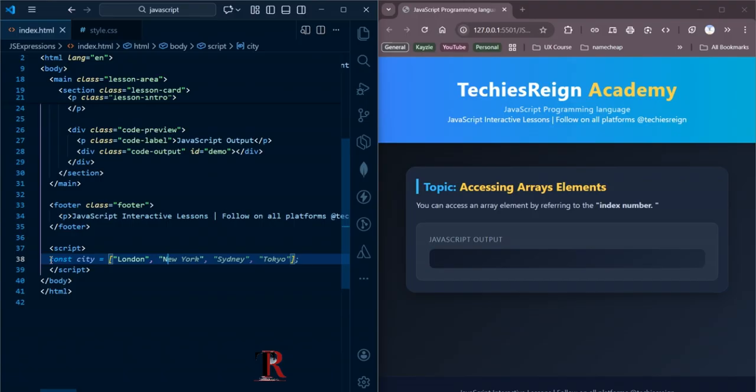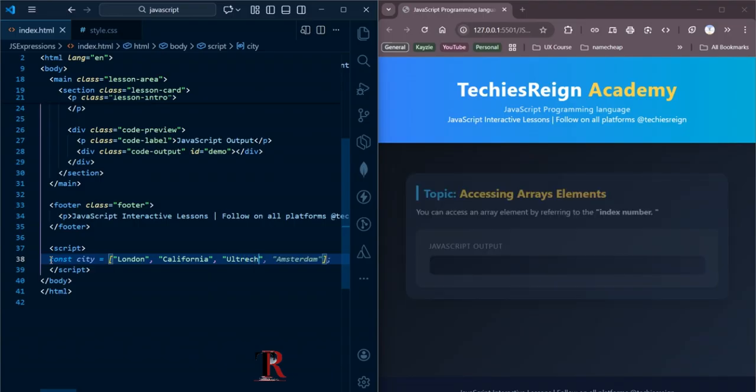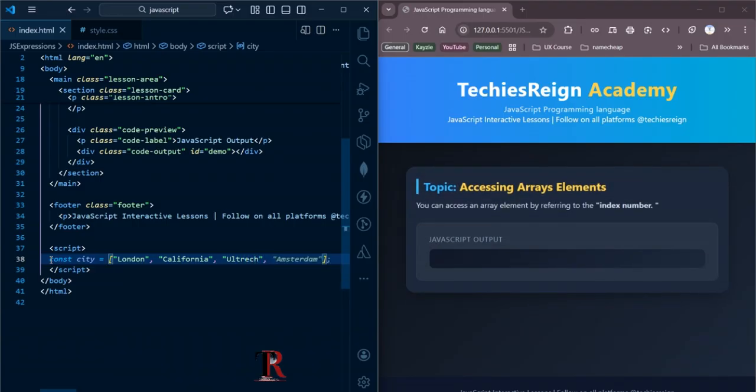Can say California. Utrecht. And I'll probably go with Amsterdam. Now, if I want to access document.getElementById, demo.innerHTML,